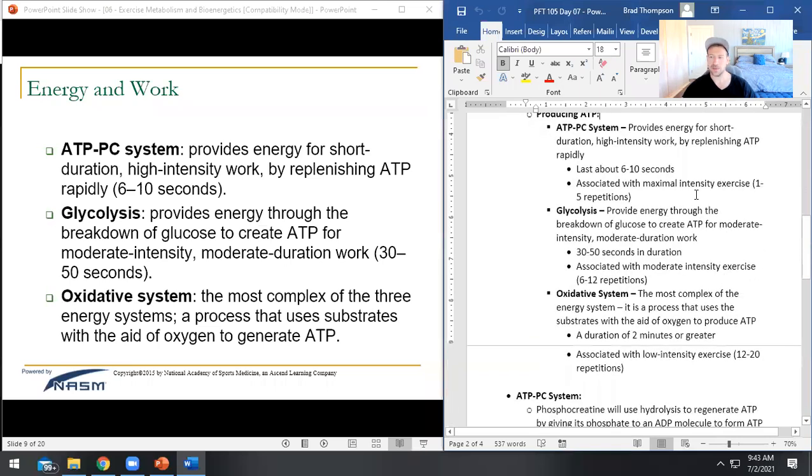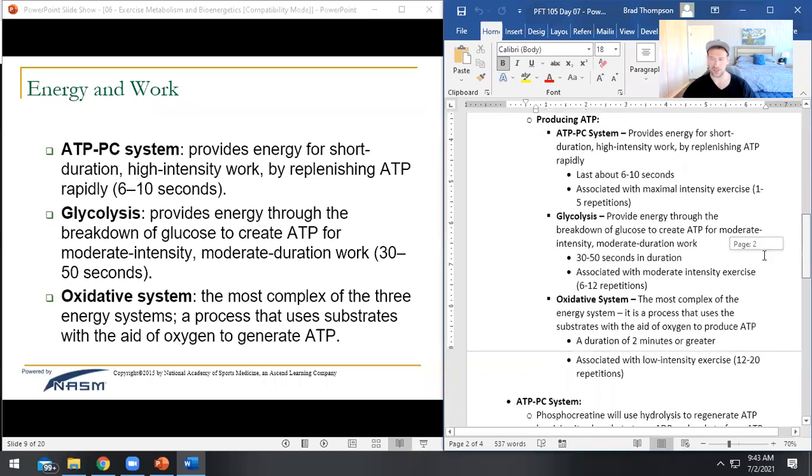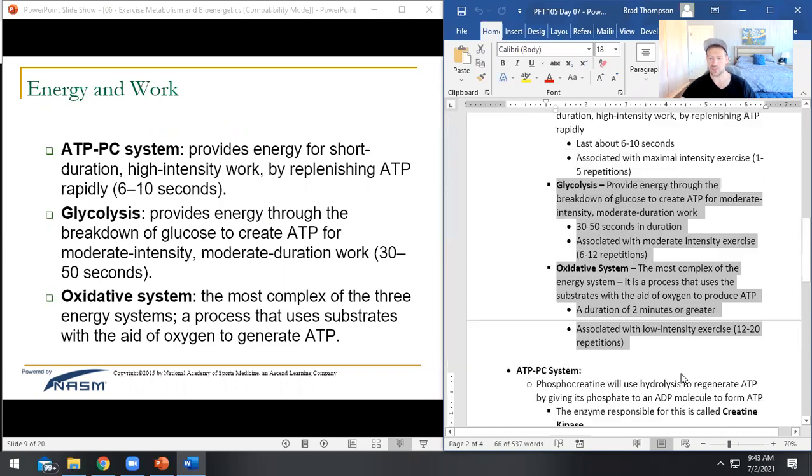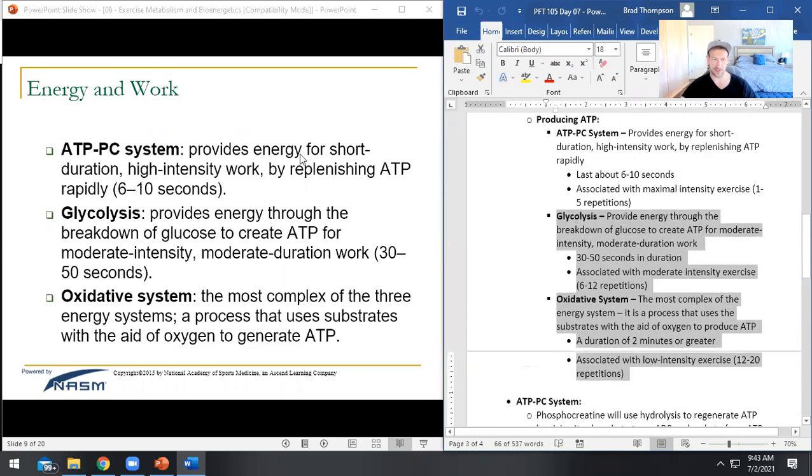So those are ATP molecules. Let's take a look at producing this, right? So until now, we've really been talking kind of heavy about glycolysis and your oxidative metabolism, right? These are your energy systems, right? But there is a third one that we haven't been talking too much about, which is called your ATP-PC system, or the adenosine triphosphate